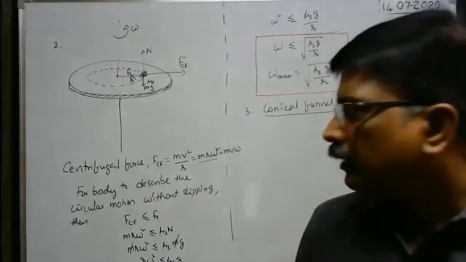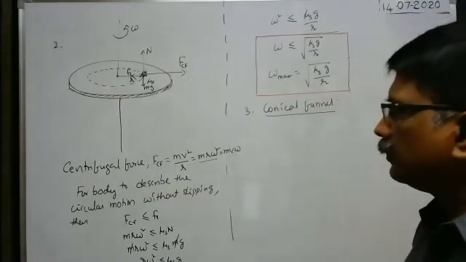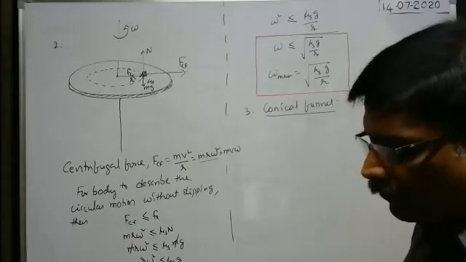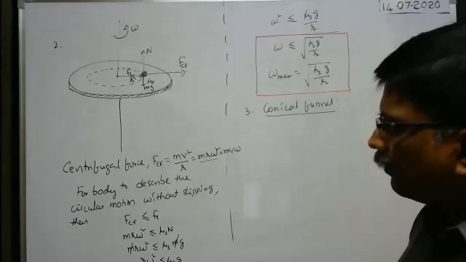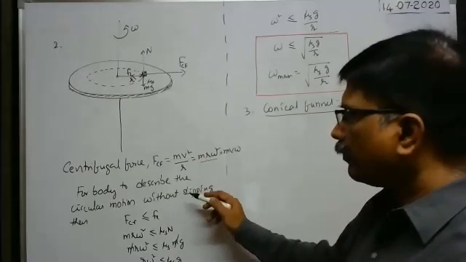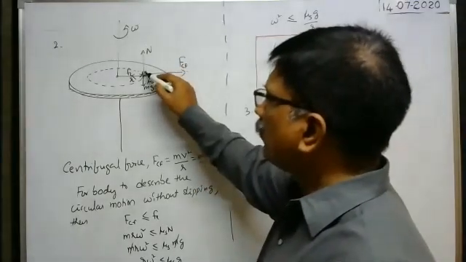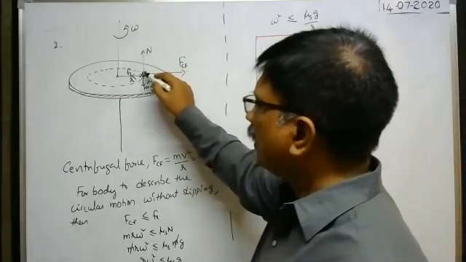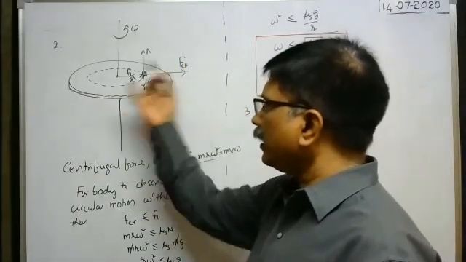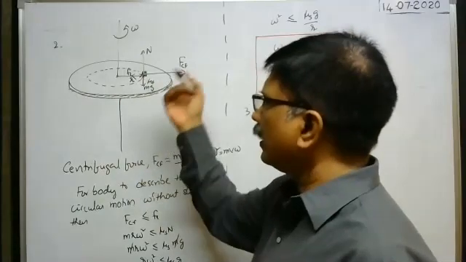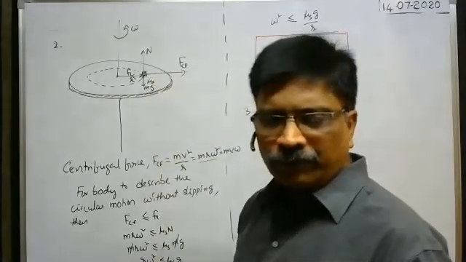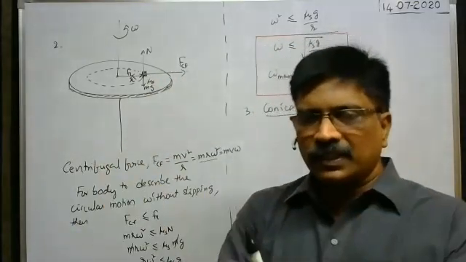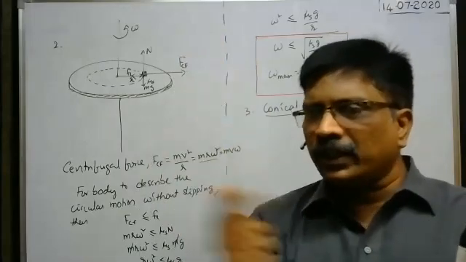Hello, sir. You asked me where you could not understand. Sir, I don't understand for the body to describe that thing. I don't understand the second sentence you said. For the body to describe the circular motion, what is that? When the body is kept on the disk and you make the disk rotate like this, then there is a possibility for the block to slip from the disk, no? Circular disk means just on the circular disk you keep a body and you rotate the circular disk.